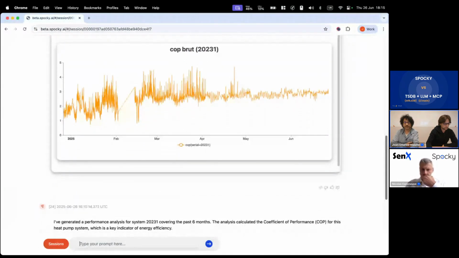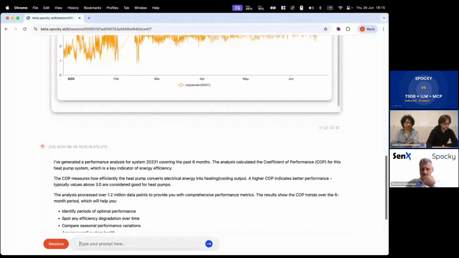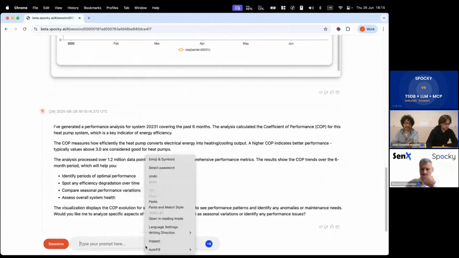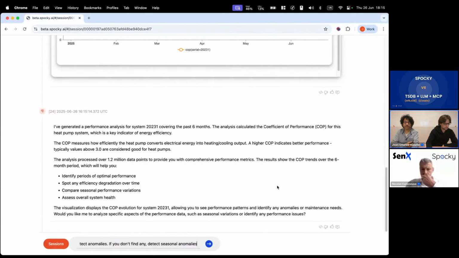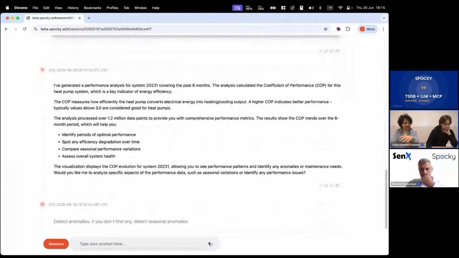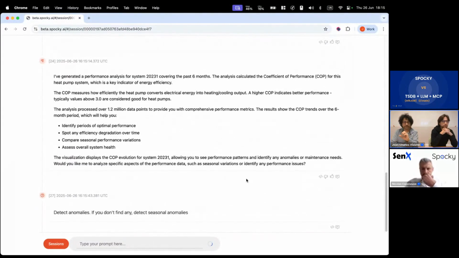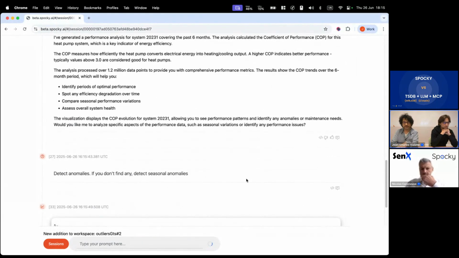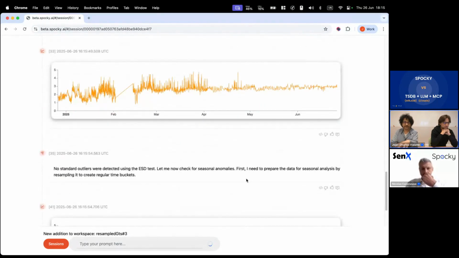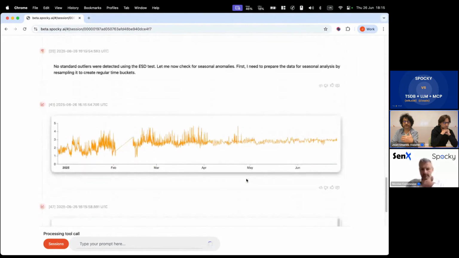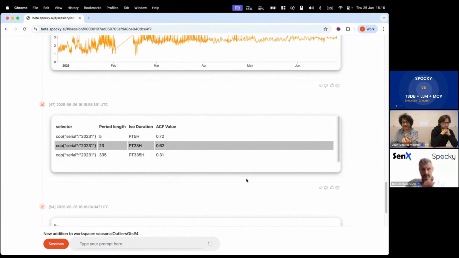So monitoring that coefficient very closely enables people in charge of those systems to understand how they behave, if they're behaving correctly, or if there's an anomaly that might need some action on their part. So again, this seems technical, but for people who are in the business of actually working with heat pumps, it is something which is in their field of understanding, in their skills. So we're not talking about technical details for the underlying operation of Spocky, but really about technical details about the actual business